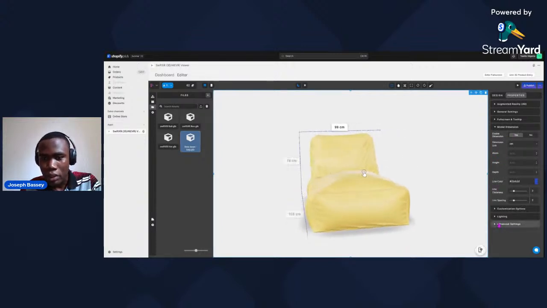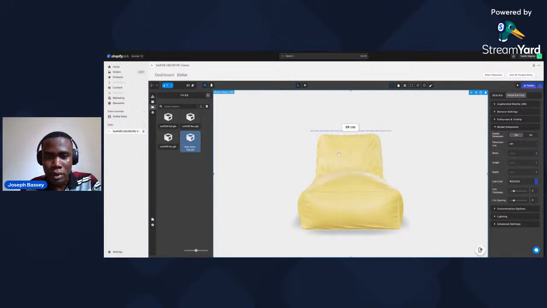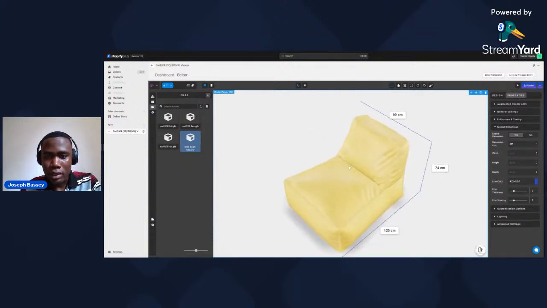I think it's accurate. So you see the dimensions are now appearing on the product. The top is 99 centimeters. By the side is 74 centimeters. The base is 125 centimeters, like that. So you get to see the exact sizes. And then when I click on publish,